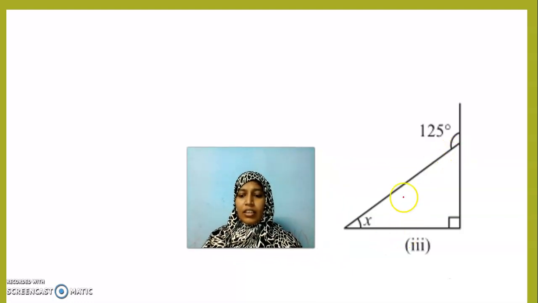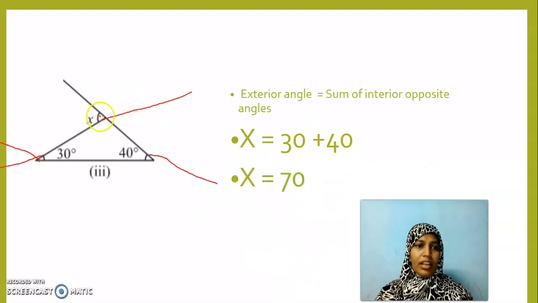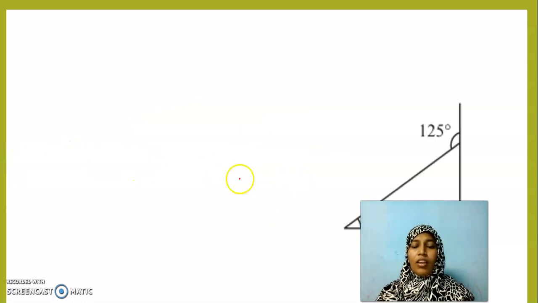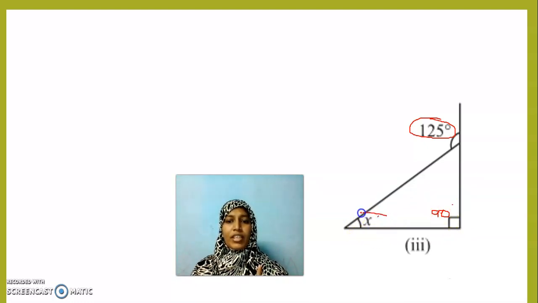see here. In the previous question, they asked us to find the exterior angle given 2 interior opposite angles. In the next question, we will have the exterior angle measurement. They are given the exterior angle and they are asking us to find an interior angle. Do I know both the interior angles? We should have 2 interior opposite angles, no? Here one angle and here one angle. Do I know the measurement of this? Yes, it is 90 degree. They didn't give the measurement directly, but they have given the symbol which indicates that it is 90 degree. So I have to find this x.